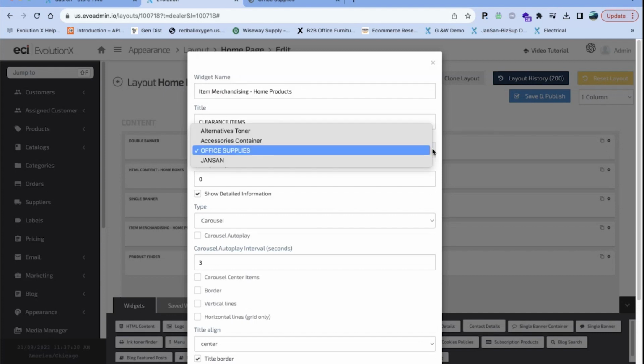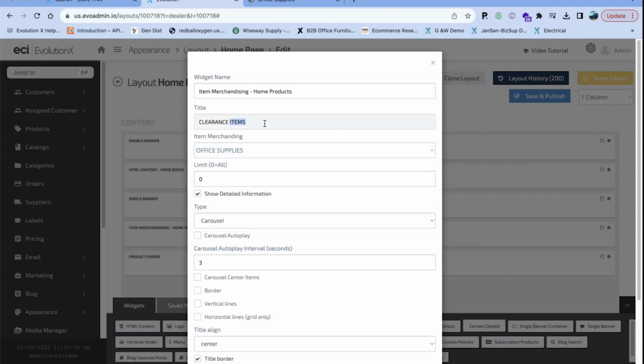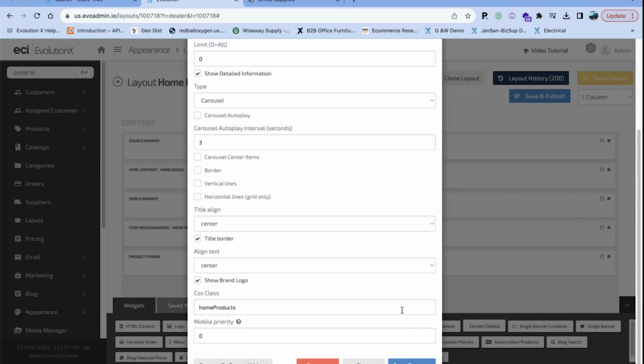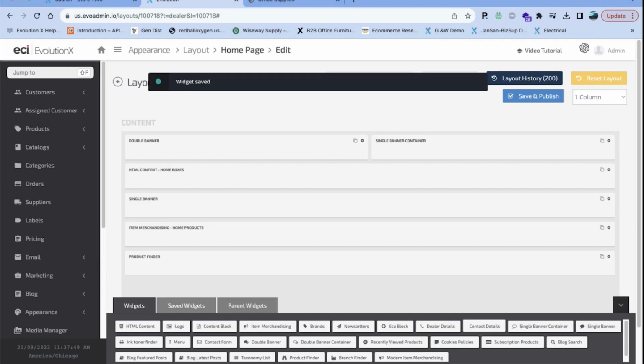Instead of showing the office supplies for clearance, we could put up something that says new products, and maybe we want to highlight new products at the beginning of the month and clearance products at the end of the month. So we could change it, change the name, no code necessary. There are some other settings in there too that we won't dive into, but it's as simple as changing the merchandiser, which we're not doing for demo purposes, changing the name, which you saw us do,